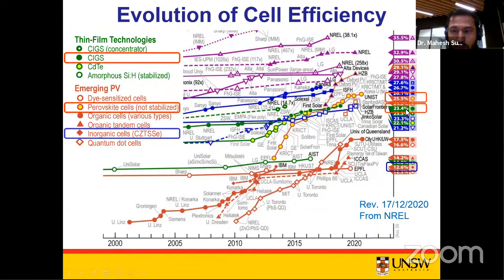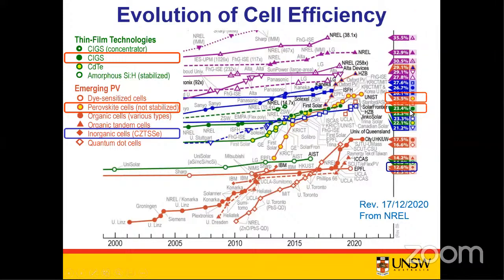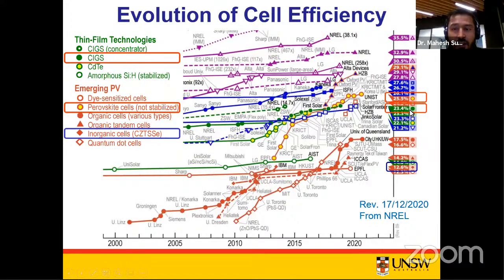The efficiency of 23.4% for CIGS, that's chalcopyrite thin film solar cell technology, whereas the 25.5% efficiency of this halide perovskite is definitely groundbreaking research. However, the problem with halide perovskite is their stability as well as the toxicity issues associated with the lead element present in halide perovskite thin film solar cell technologies. Whereas the problem with CIGS thin film solar cell technology is that it contains elements which are not earth abundant, and their scarcity is limited in the earth's crust.